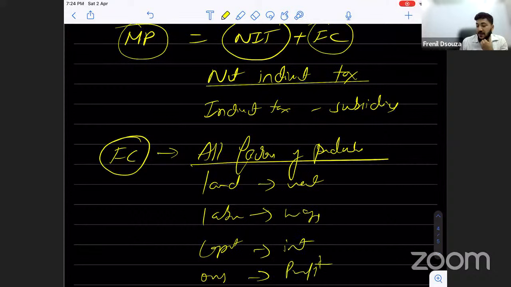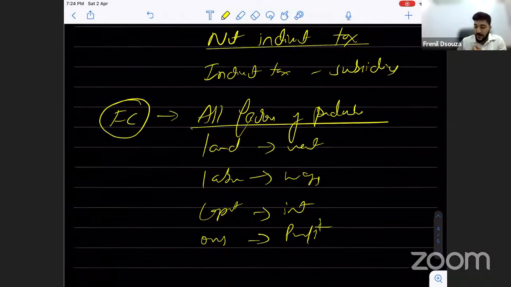Now, the organization profit is already included in the factor cost when we talk about factor cost in economics, right? You have learnt about this even in your foundation, right? So I don't have to stress much about it. That is about how to convert market price into factor cost or factor cost into market price.